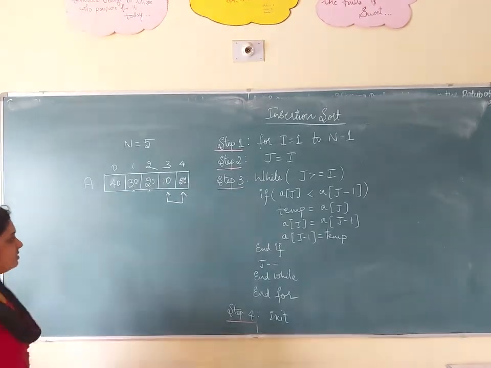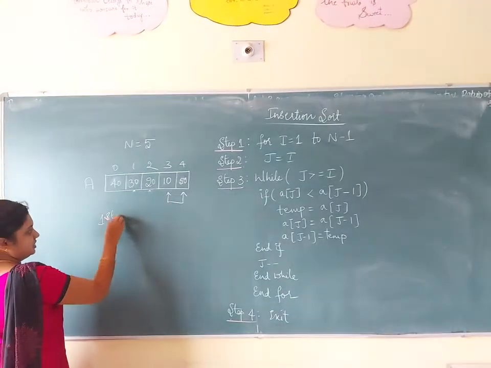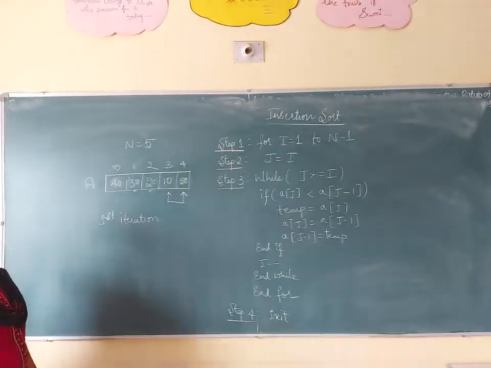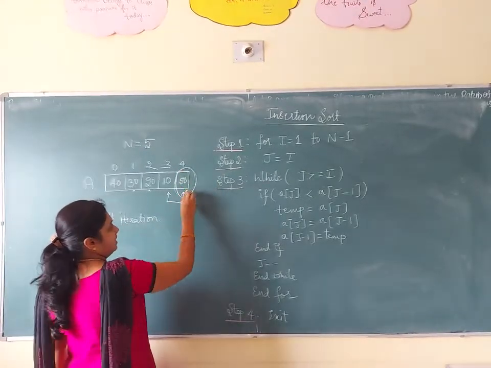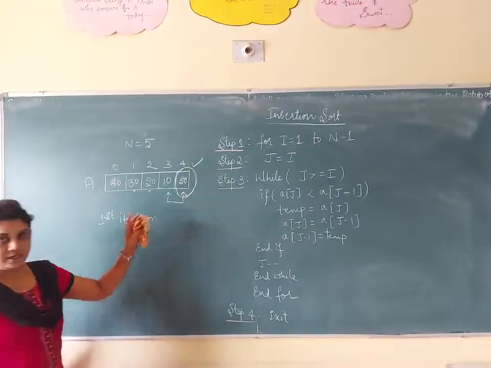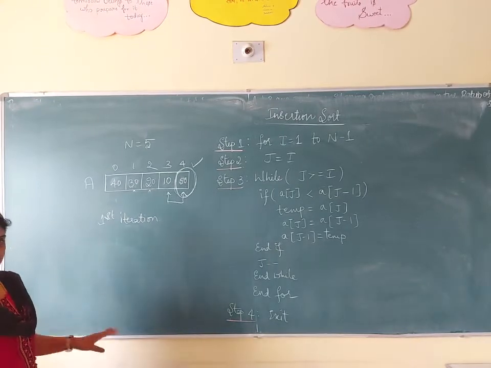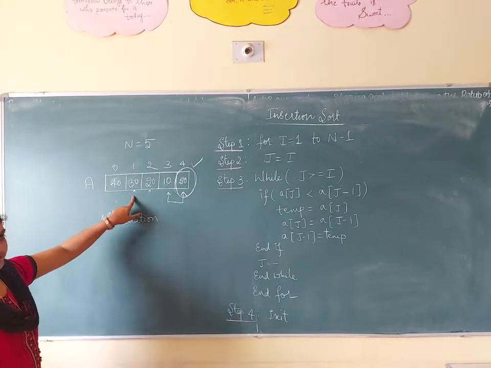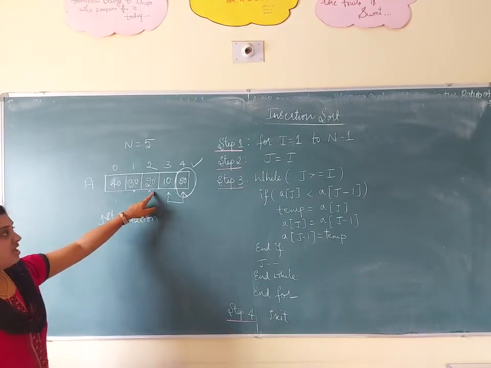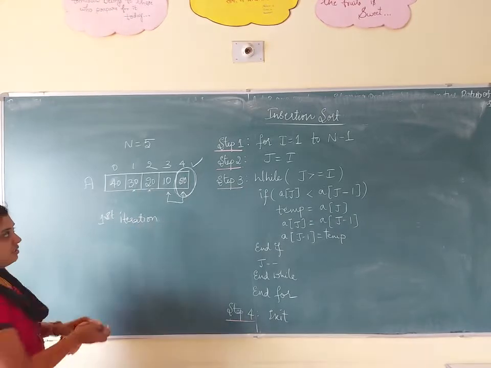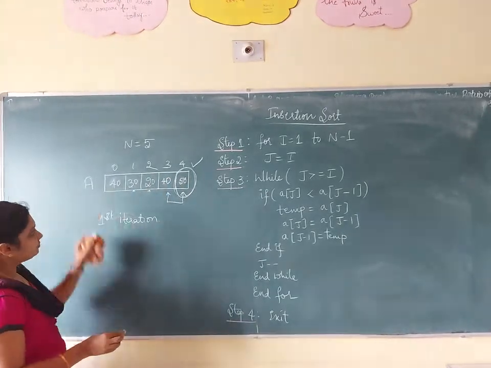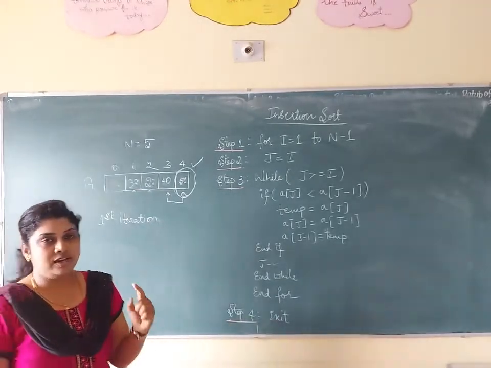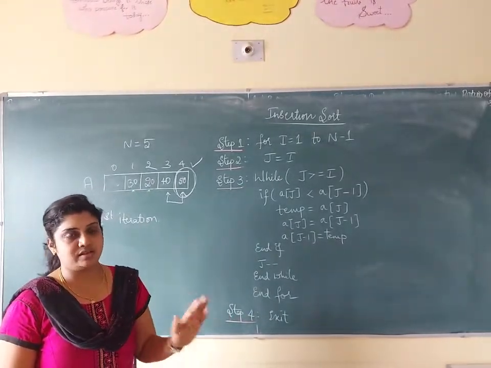So in the first iteration, only one element reaches the correct position, that is 50. Again, same procedure, the second time we do it. You compare 40, interchange the value, compare again with these two, interchange, and compare again. That time the 40 will come here. So for each iteration only one value will reach the correct position.